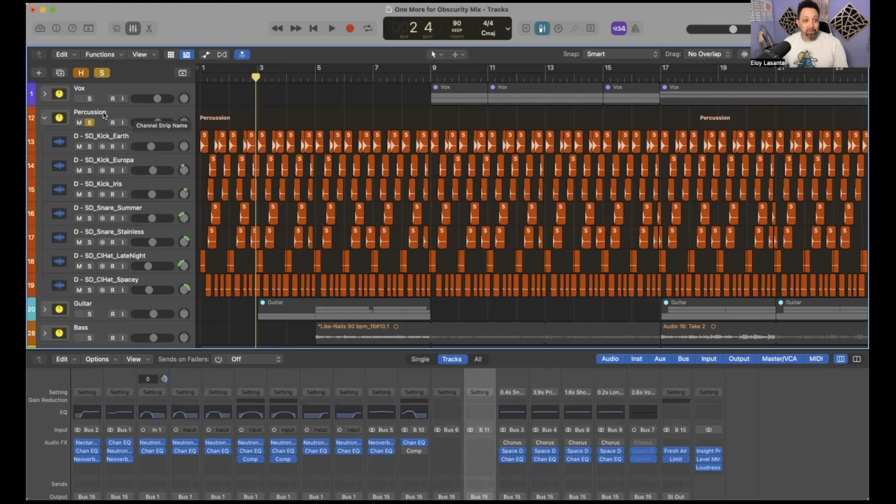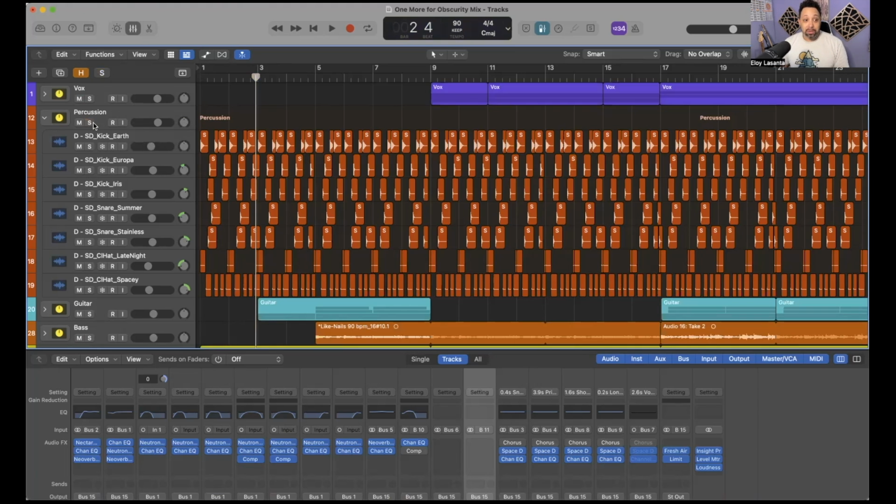This one's one of my faves. As soon as I wrote the song, as soon as I had the beat, I was just like, all right, let's do this. I was kind of on a C# kick at the moment, so I was like, well, this song's going to be in C#. There's another song on the album, also in C#, Fear of Flight, that I wrote pretty much around the same time as One More For Obscurity. Really, really fun stuff.